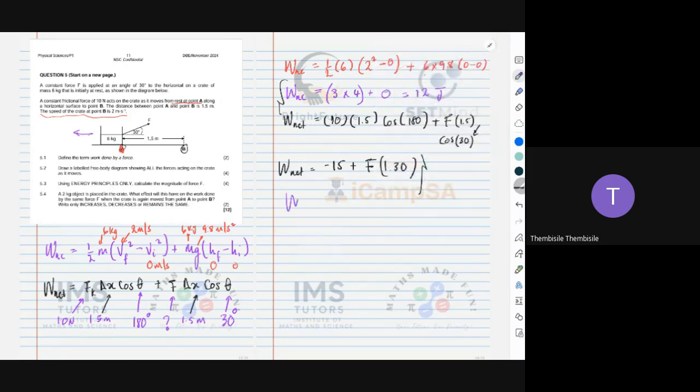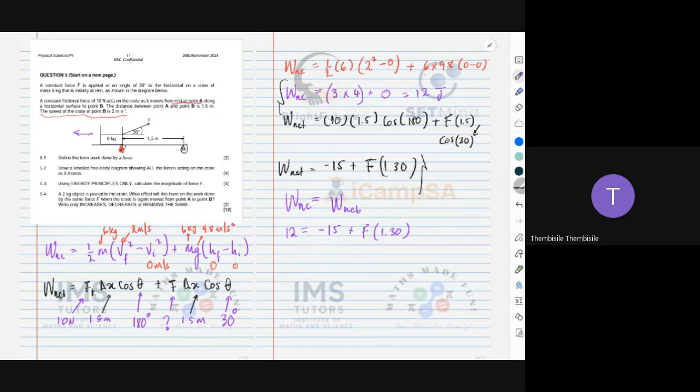So we know that the work by non-conservative force equals work net. Okay, work net. So that means we're gonna say 12 is equal to minus 15 plus F